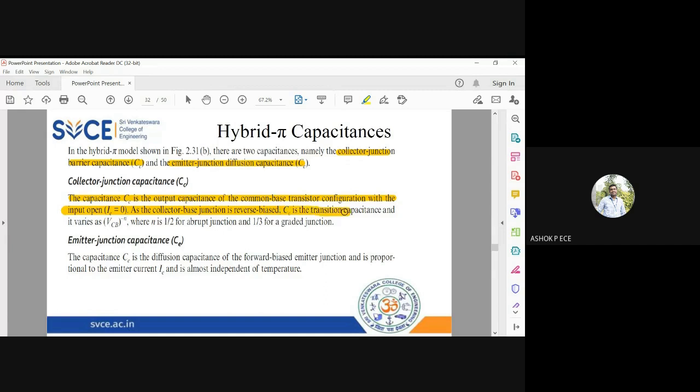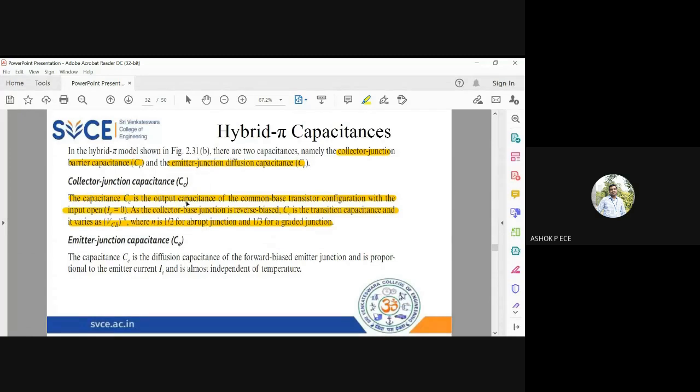So this capacitance is called the transition capacitance. And you know, in a reverse biased PN junction diode, the depletion layer width will be very high, so the capacitance value will be very low. I would have told you about the PN junction diode; you should remember it. Wherever I want a low value of capacitance in my application, and I cannot fabricate a capacitor, I'll be using a PN junction diode in reverse bias because that is going to provide a capacitive effect. Okay, so that is what is given here.